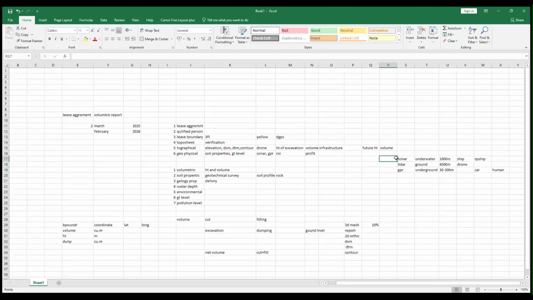There are possibilities, like I have seen one company mounting sonar on a drone and flying the drone over the water level to get these readings, in order to cut the cost of the boat or something they are purchasing. LiDAR is generally something you will have with the drone. One GPR equipment will cost you somewhere around 70 to 80 lakhs, one equipment alone, which can sometimes be mounted in a car